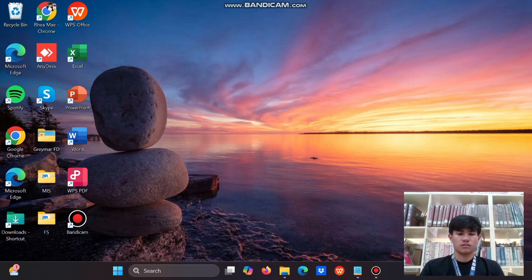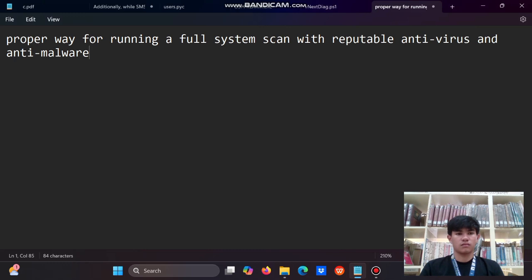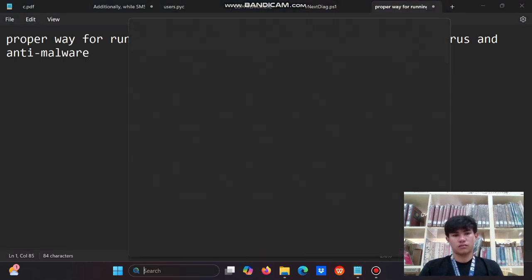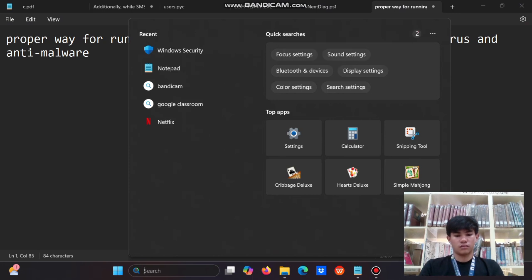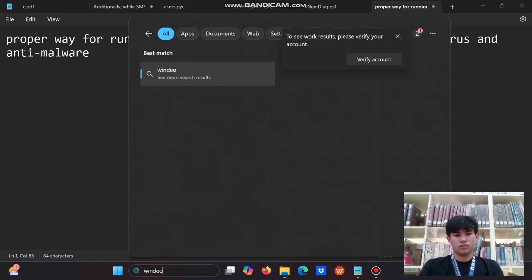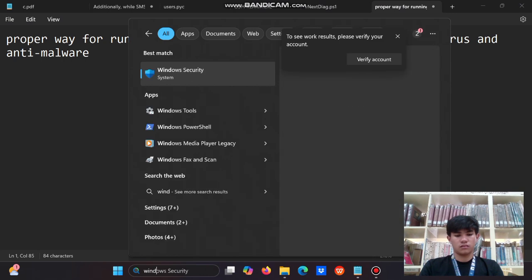Good day everyone. Today I will demonstrate to you the proper way of running a full system scan with antivirus and anti-malware. So first, go to the search bar panel and search Windows Security